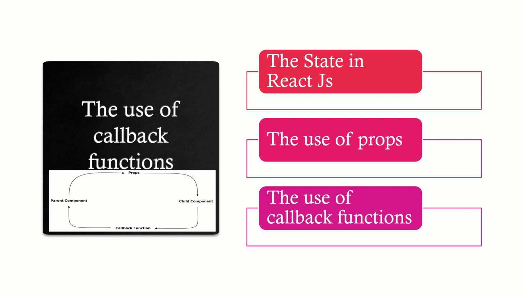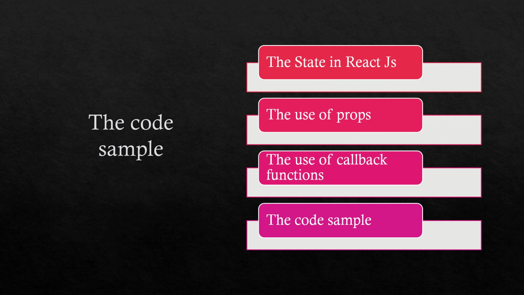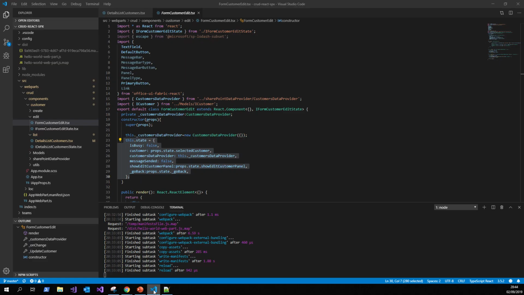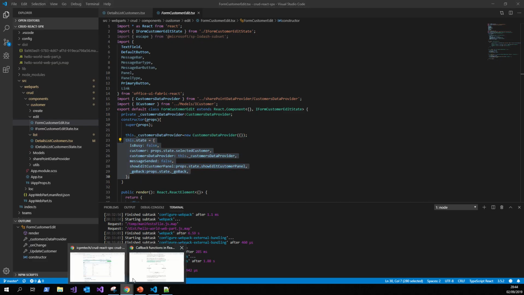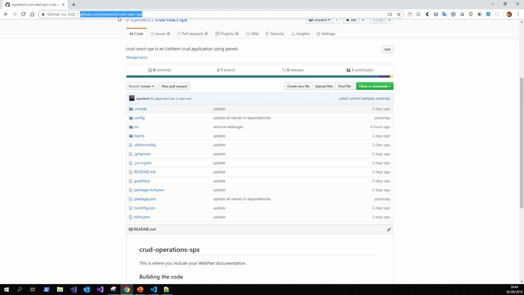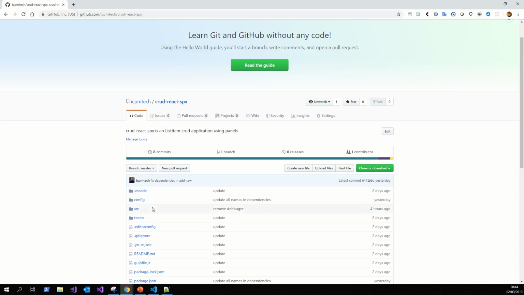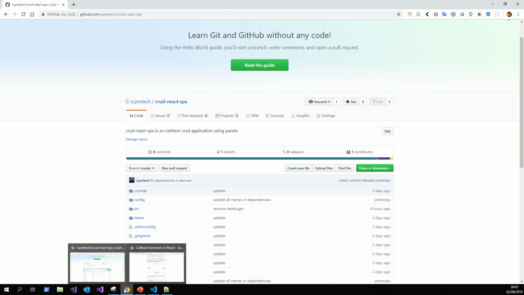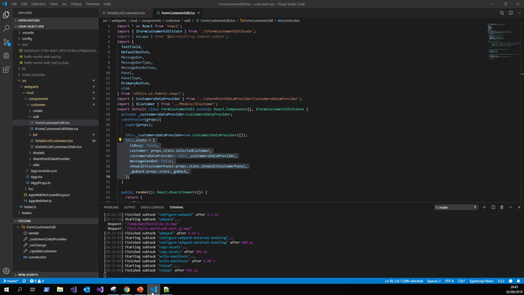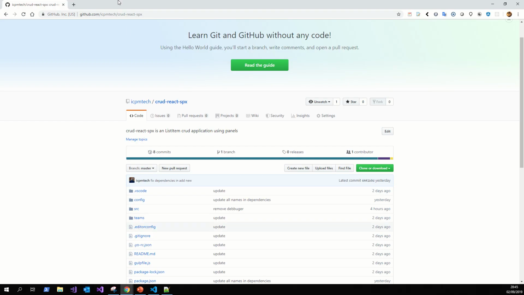So we will pass to the code sample example and see this running. So guys, so simple then. Imagine this. We will go to the CRUD React aspects, CRUD operations using the web parts in SharePoint. Okay, it's a React application in the end. So let's see the code. What I want to talk about with you. So to do this,